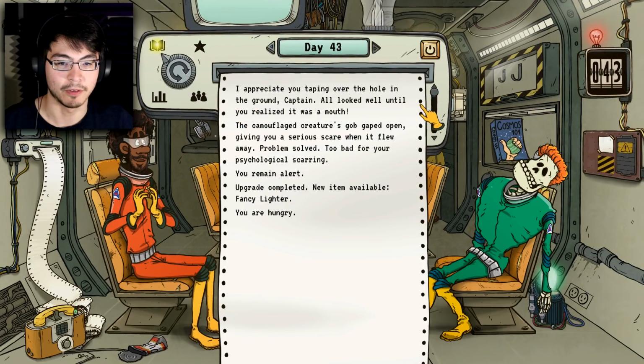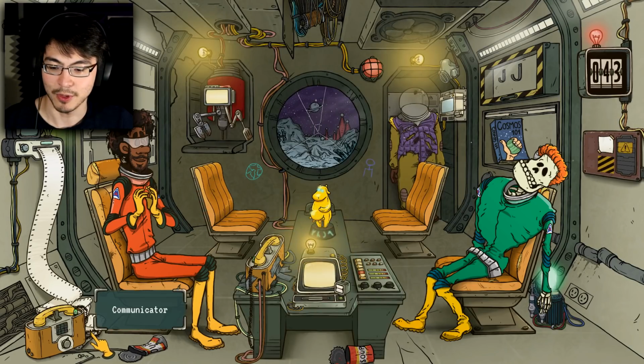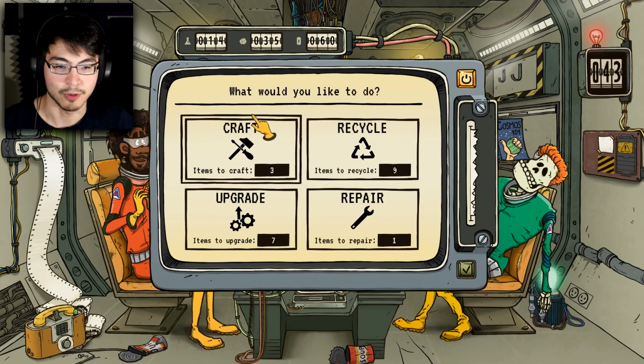I appreciate you taping over the hole in the ground, Captain. All looked well until you realized it was a mouth. The camouflage creature's gob gaped open, giving you a serious scare when it flew away. Problem solved. Too bad for your psychological scarring. Now we have a fancy lighter. No idea what that's good for, but hopefully something okay will happen. And we still have a can of soup, because of...